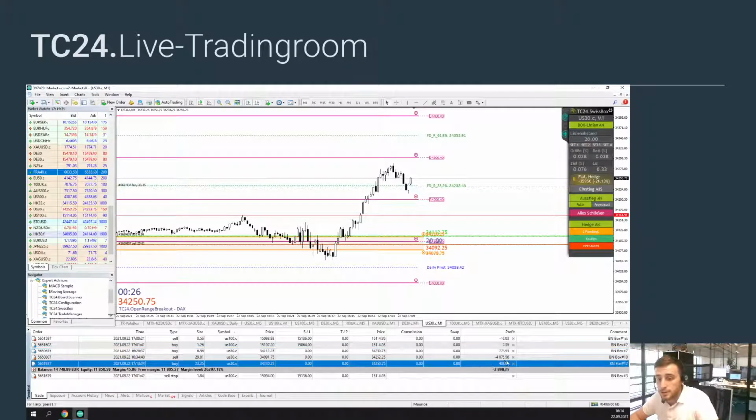Or we could delete this trade, which is here, and then we could technically take the profit, ride the pullback,